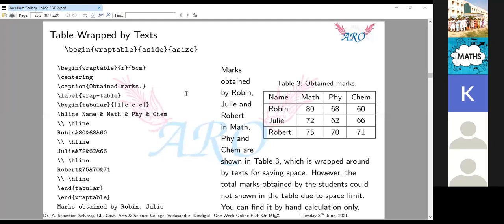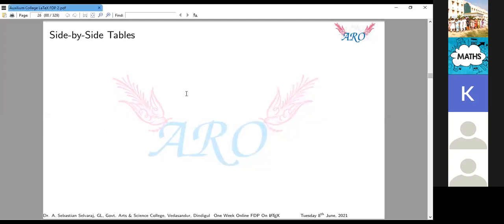Okay, in between begin tabular and begin tabular, we are using two sets of tables. First one is the begin tabular, end tabular command. This command creates the first table, the left hand side table.